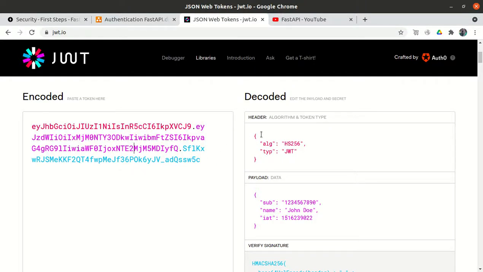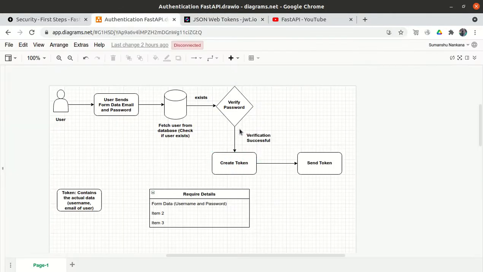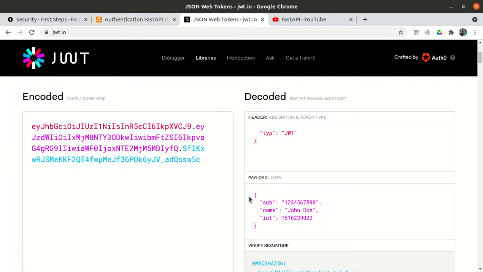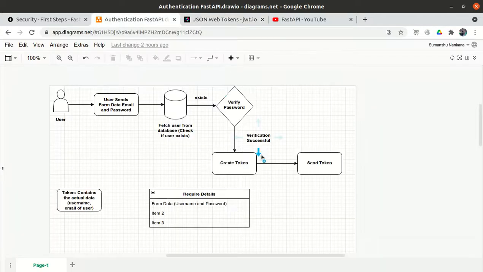Now we know the token contains an algorithm and the data, the data should be in the form of a key value pair, the key should be sub, and there should be some secret key. When we implement the actual create token logic, we will implement all those things. We will pass the data, the algorithm, and some secret key, combine everything, create a token, and return it. Okay, so this concept is clear.